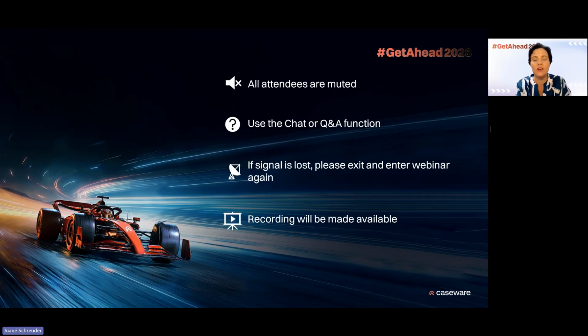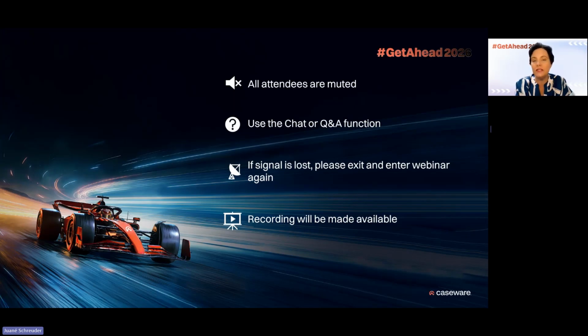So as a start, using Teams, the same as in the past, we have muted all attendees. That is really just to ensure that we don't have those surprise joiners who don't realize that they're not muted. So that is the first point. But secondly, we have activated the chat function, and I will show you shortly where you will find the chat function if you're not familiar with Teams. The Q&A function is switched off, but the chat function is active.